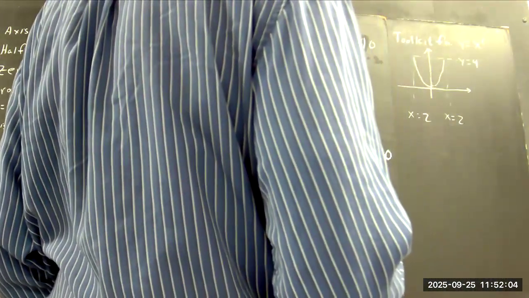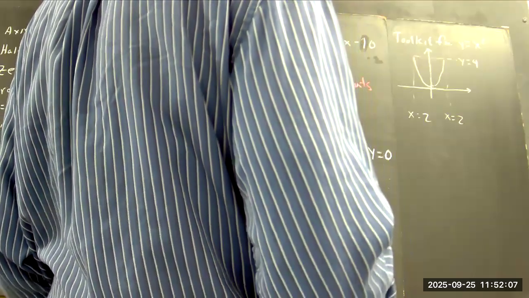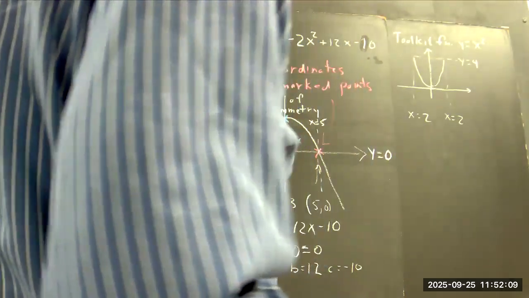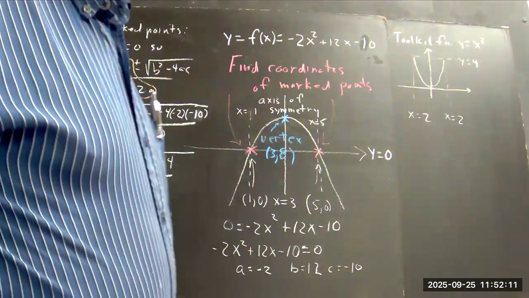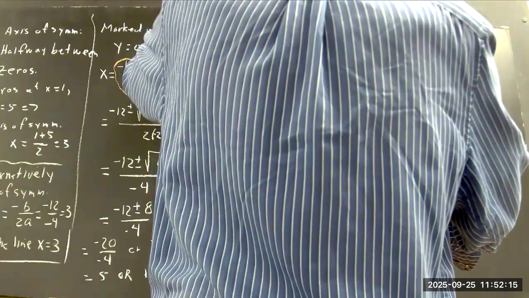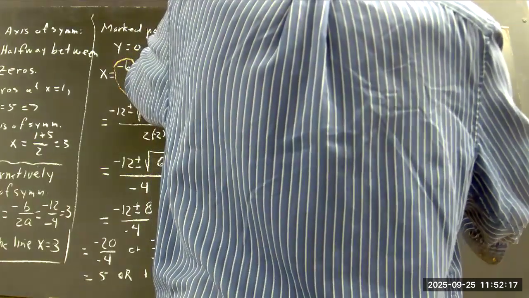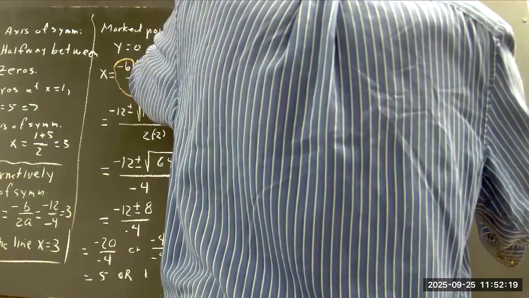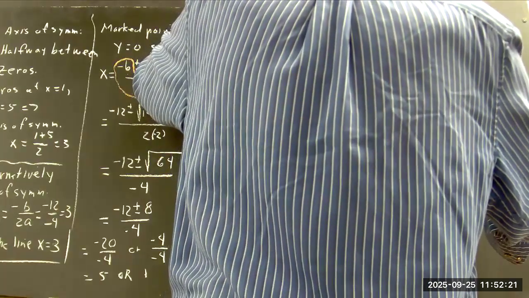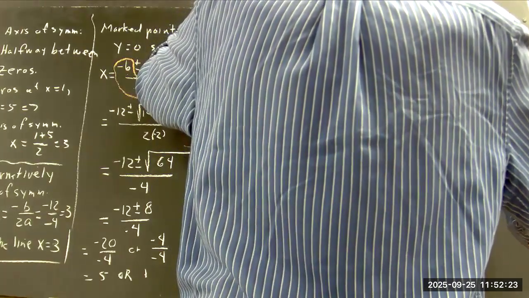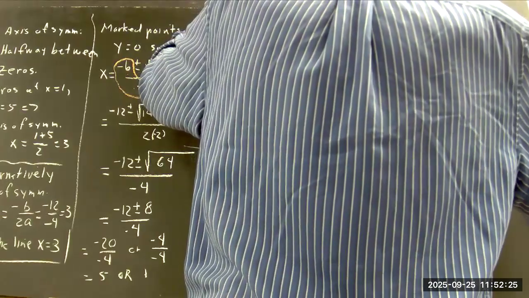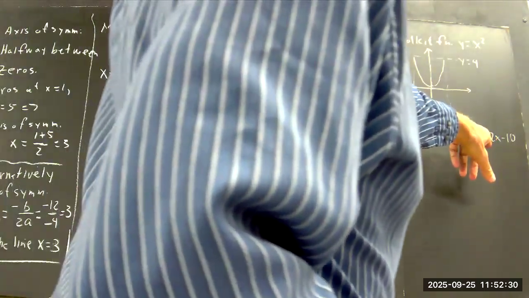You transform this to get this function, okay? To get the y equals -2x squared plus 12x minus 10 graph,